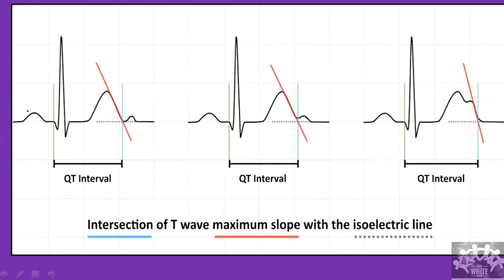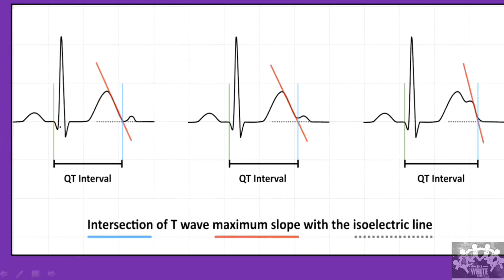So these are the important ones, which is the PR interval, which indicates that from the atria to the ventricle, the impulse is passing in a normal manner until the AV nodal delay that is happening. So this whole thing is the PR interval, from the atria to the AV node. So that is about the PR interval.